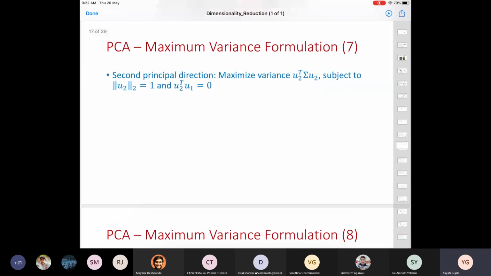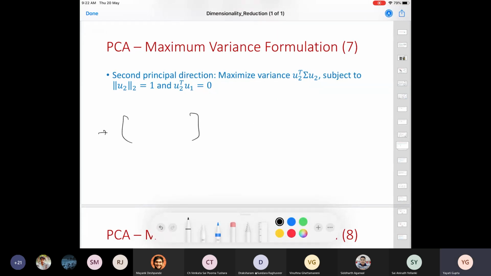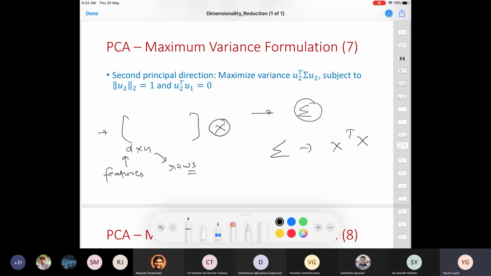So interestingly, let's say I have a data set. Let me call this data set a D cross N data set, where D features are there and N samples are there. Basically, N rows are there. You can have an N times D notation, that's also all right. I hope you know how to compute variance. I just showed you with an example earlier. If I call this matrix X, the variance would be X transpose X. And because you are multiplying X with X again, this is also called covariance.